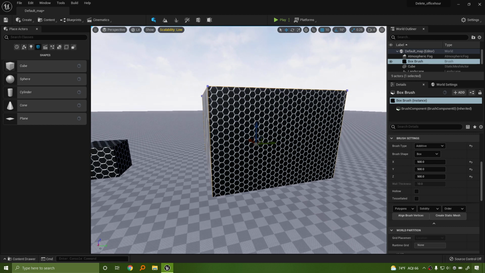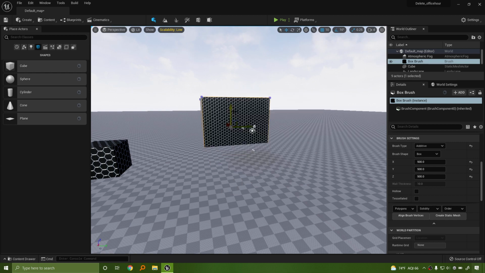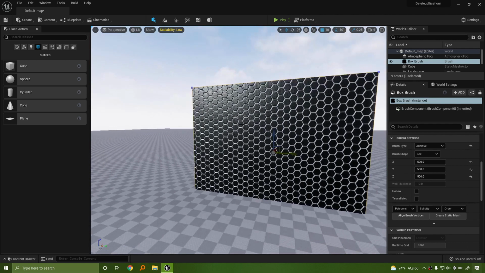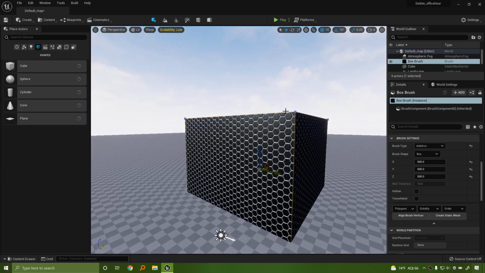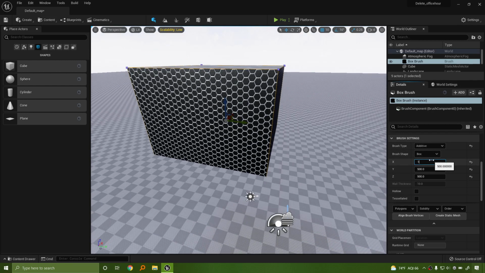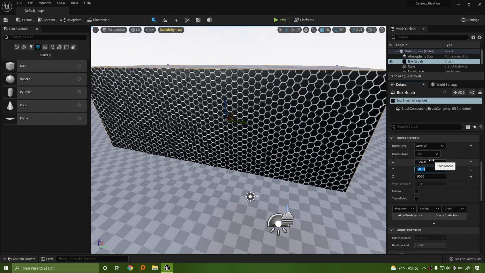The little hexagons on the face of this mesh didn't become any different. What happens with brushes is that if you scale them in the brush settings, the brush recalculates the size of the face and allows you to create almost an infinitely large asset.